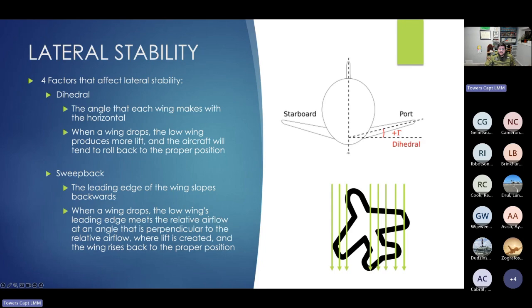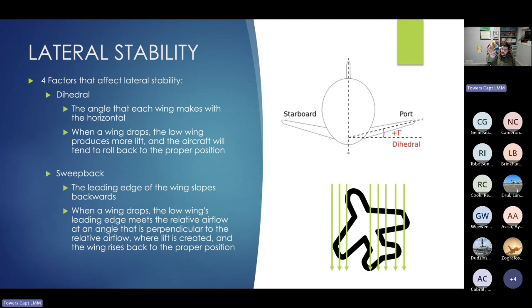The next factor that can affect lateral stability is sweepback. That's when the leading edge of the wing slopes backwards, so you can see it slopes backwards like that. This causes it so that when a wing drops, the low wing's leading edge meets the relative airflow at an angle that is perpendicular to the relative airflow, where lift is created and the wing rises back to the proper position. I know it's a 2D image, but this example is viewed from the top, and the right wing there